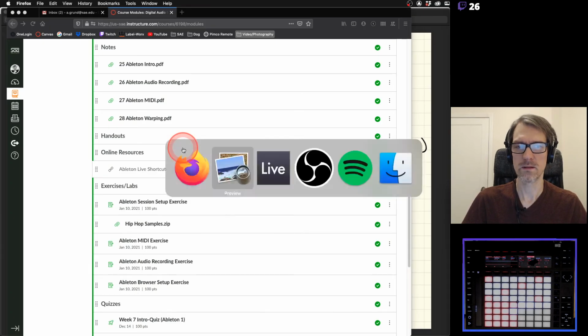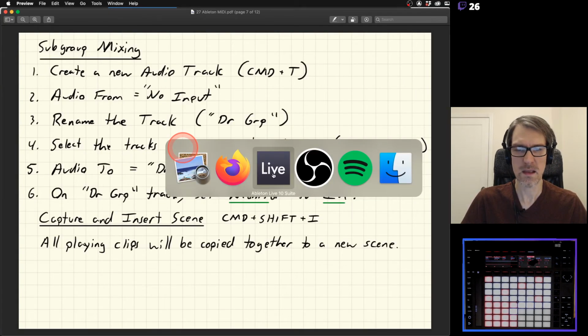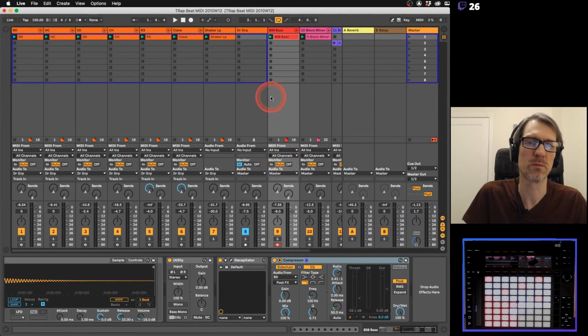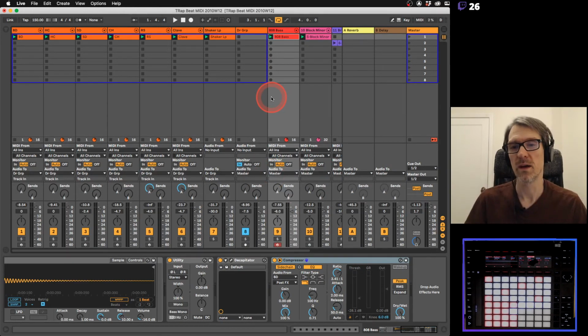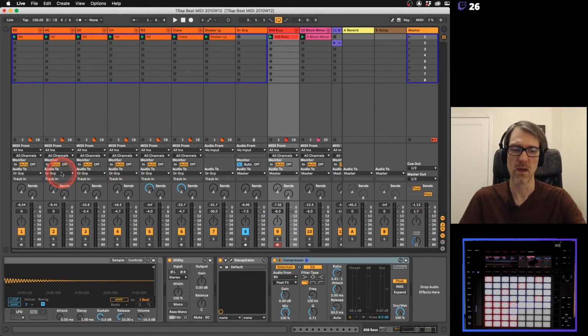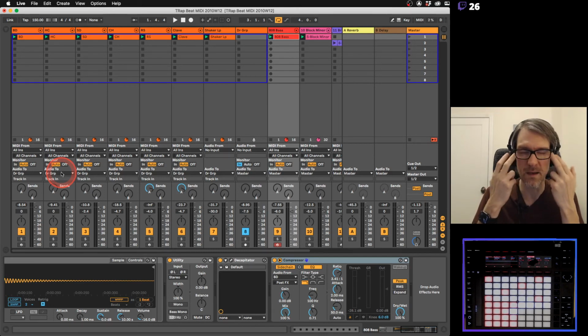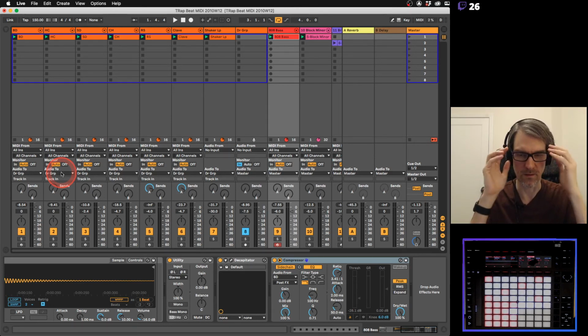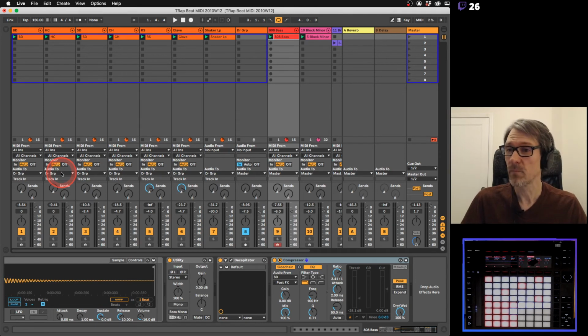So we do things like this. It's easier and more difficult. If you're used to Pro Tools, it's a little bit weird. But if you're not used to Pro Tools, then this actually makes a little bit more sense. It tells you audio to, where's my audio going to, where's my audio coming from, instead of audio in, out, and all that stuff. So this makes a little bit more sense, just word-wise. What we're going to do in here is